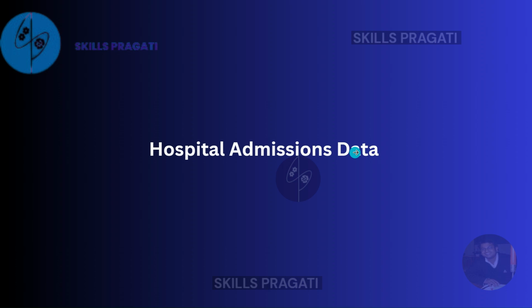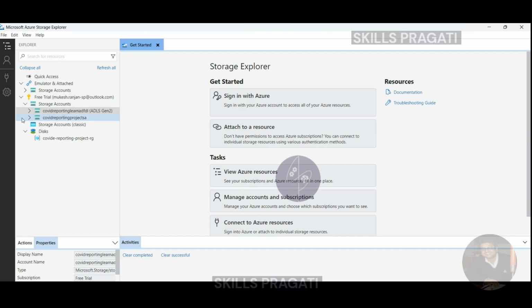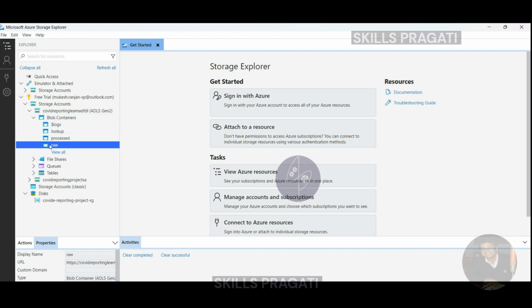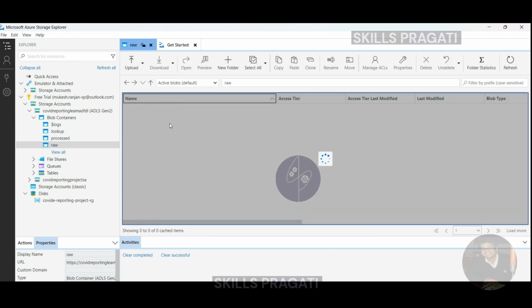Welcome back. In this lesson, we'll have a look at transforming the hospital admissions data that we ingested from the ECDC website. As you know, we loaded this data into our data lake. So let's switch over to Azure Storage Explorer and have a look at the data now. Here we are in the Storage Explorer, and this is our data lake storage Gen 2, which is the COVID reporting DL. And our file was ingested in the raw and ECDC folder, and this is the file,